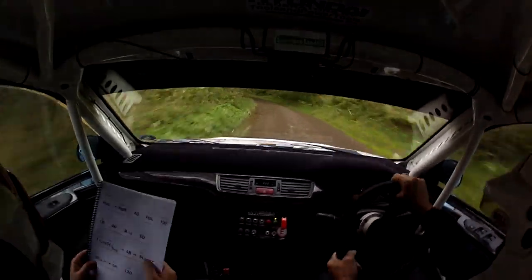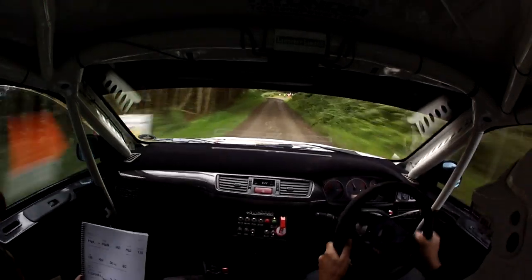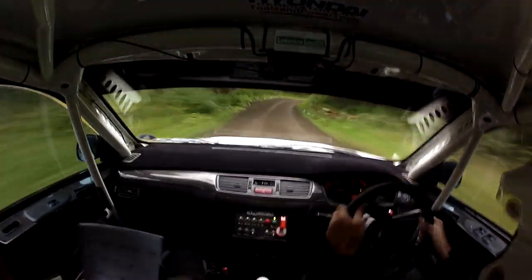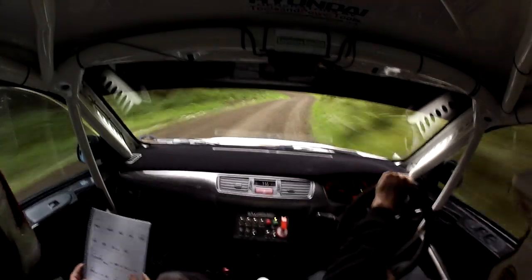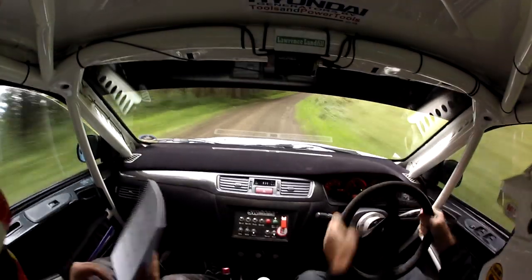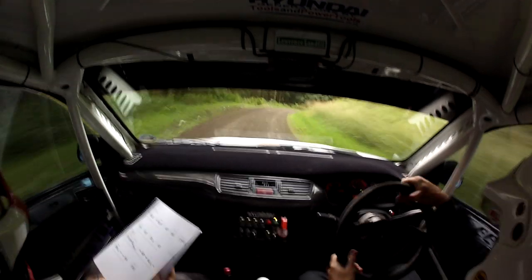turn, 5 left over bump, into 4 right, immediate 4 right, into 6 left long, slippy, into 3 right long, tightens, into 5 right, 130 up middle, 5 right here, 130 up middle,